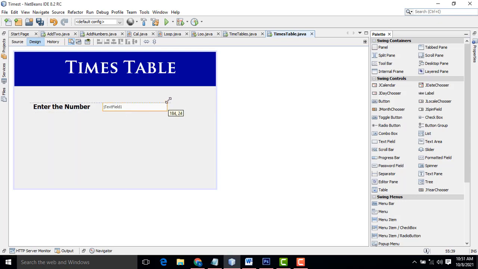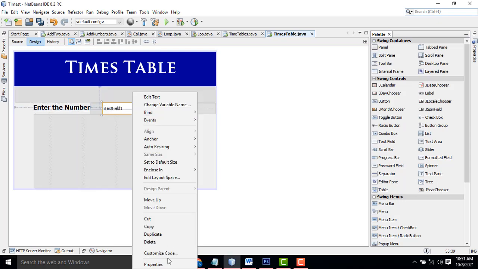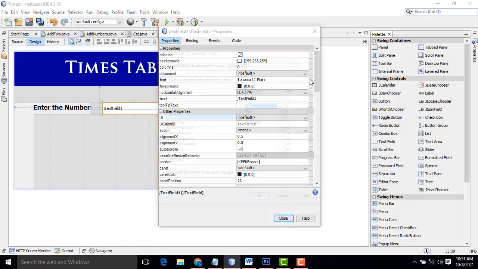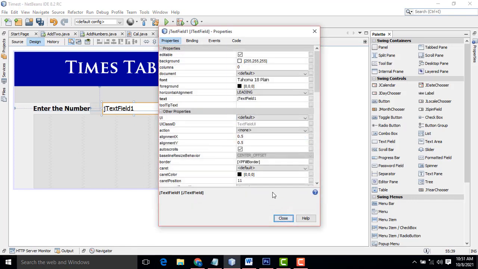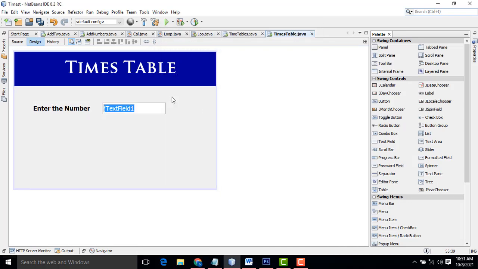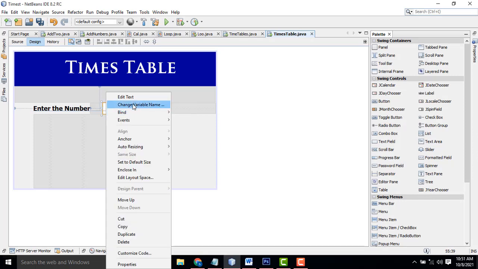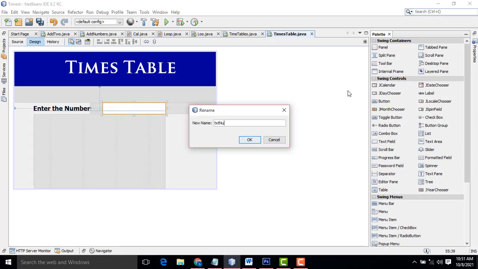Here I have a text field. Right click, set the font to 14 or 18, right click, edit text, remove the default text, then change the variable name to txtNum.